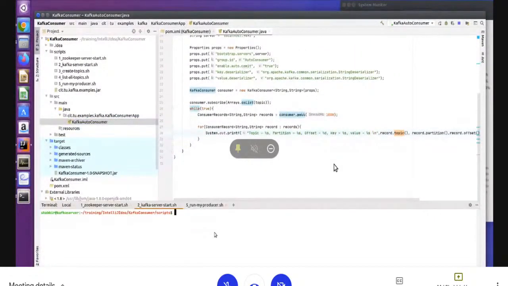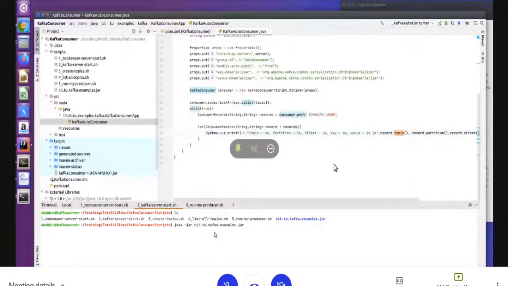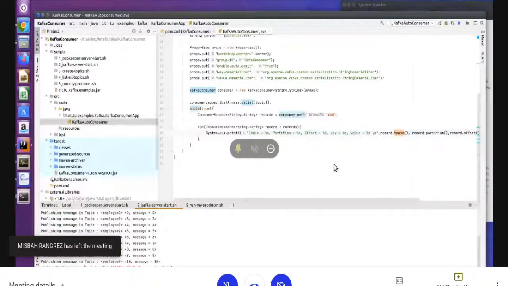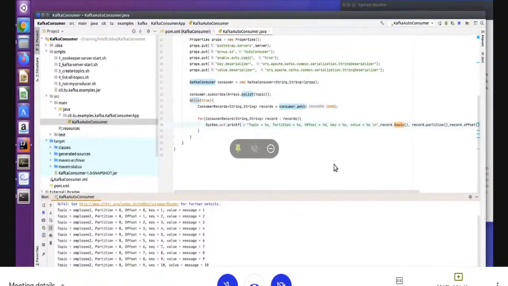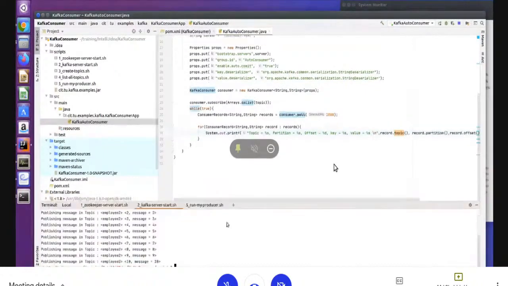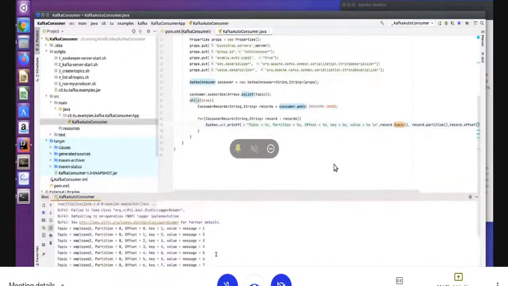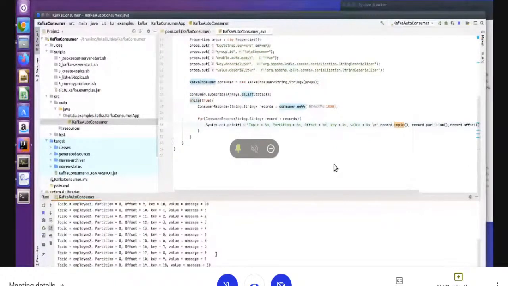So let's go inside there. I can run this. This is my jar file, and the topic name is test. It is publishing some data. Now check your consumer. Yes, my consumer application is getting the data. So here I ran my producer, it is generating some data, and you can see that I ran the consumer application from here, and it is receiving data on the consumer side.